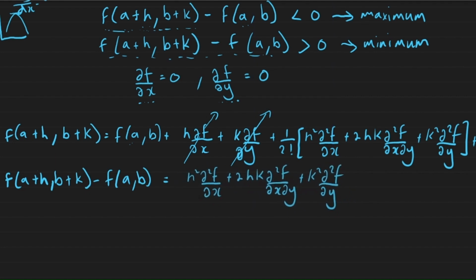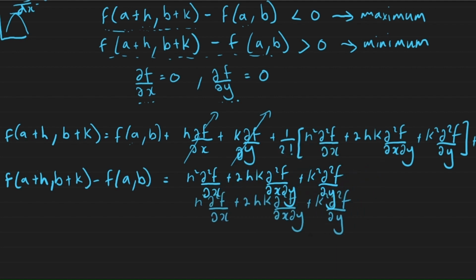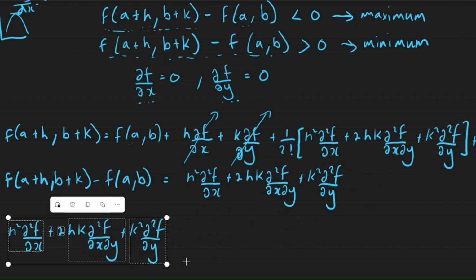So we're going to ignore this 1 over 2 factorial because we're more interested in the signs of the derivatives. That's what's really going to influence our analysis. So we won't consider it at this stage. So the first thing that we're going to do is we're going to take out a common factor from this